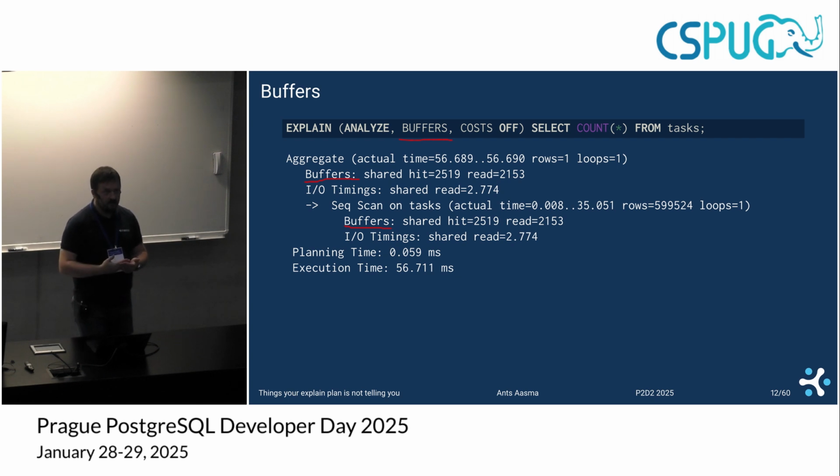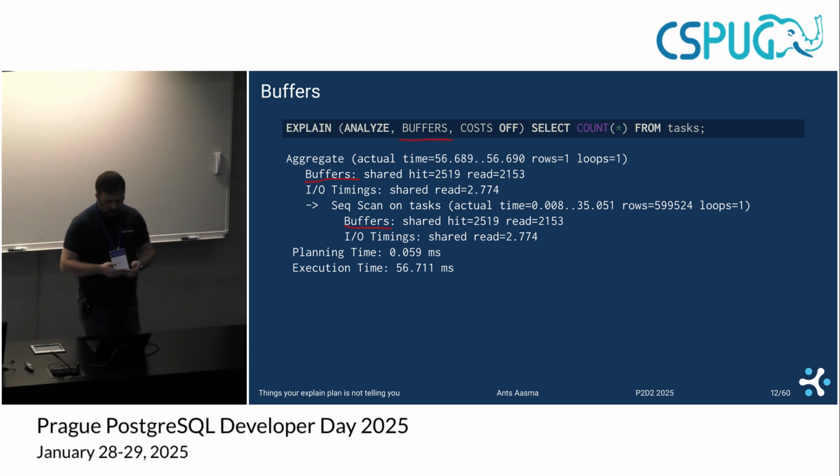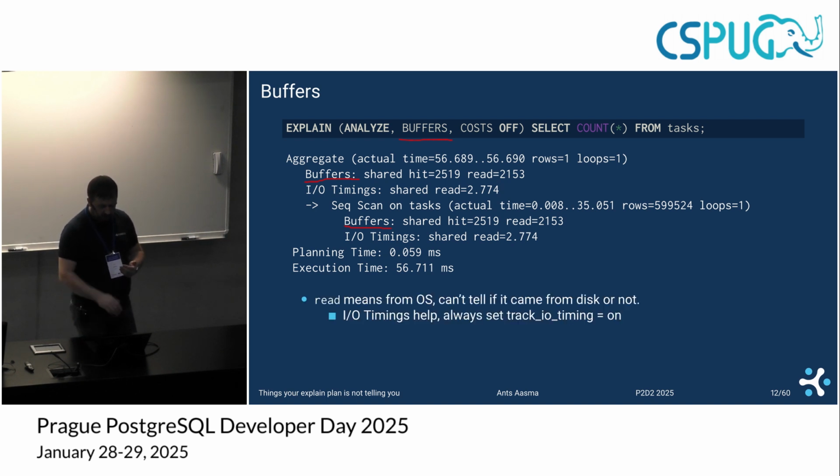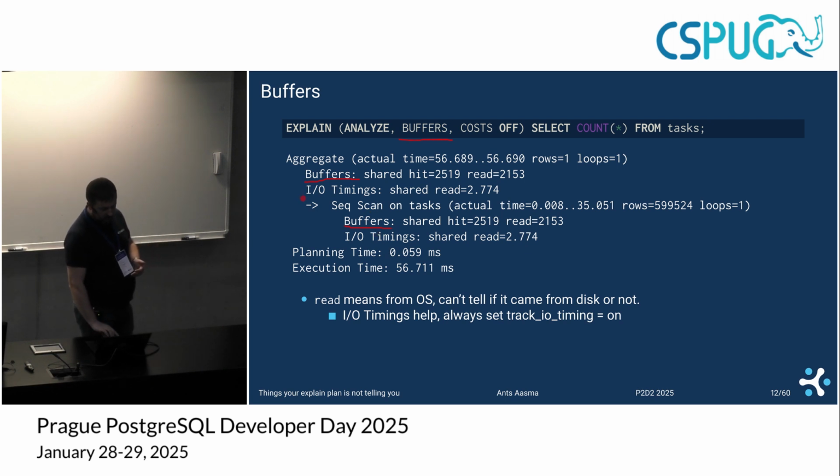And if we enable the buffers option to explain, we will get back information about how many pages of information were found in the system cache. That would be the hit number. The other one is read, which is how many were read from the operating system. Now, this does not immediately mean that it came from disk. To understand if it actually came from disk or not, or how much time it took, it helps to turn on track I/O timing, which will give us this I/O timings line here,